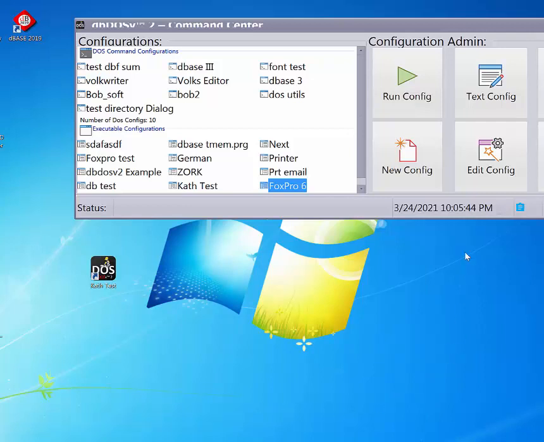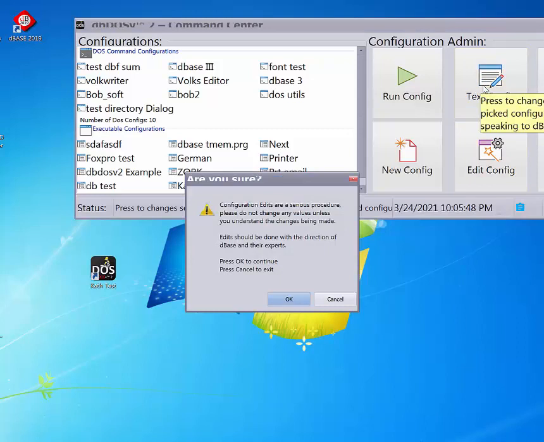Well, one of the things that we're going to talk about now is the text configuration. The text configuration comes up with a warning. It basically says, hey, this is a serious thing. You're going to be messing with the actual configuration files. Make sure you know what you're doing. And if you don't, give dBASE a call. Most of the time, 99% of the time, people are actually giving us a call. We're talking to them, walking them through the steps to do this, or telling them what to do on another set. And so when we do that, we can come into here and say,